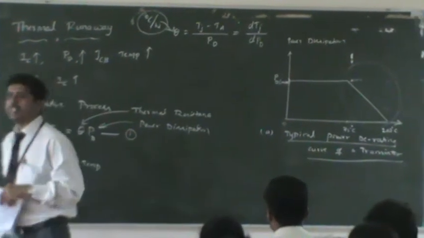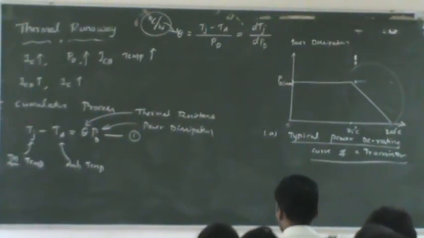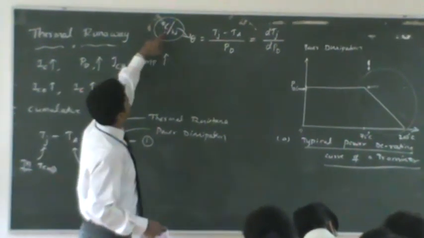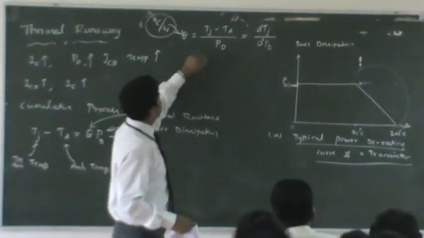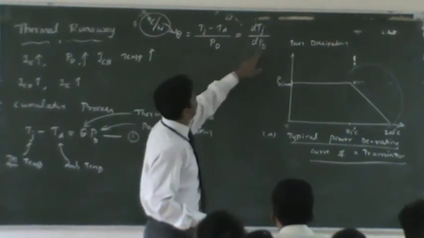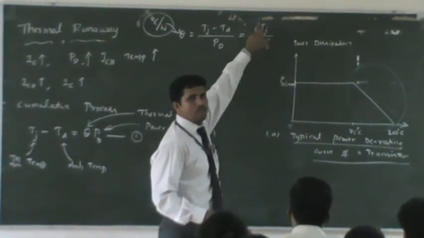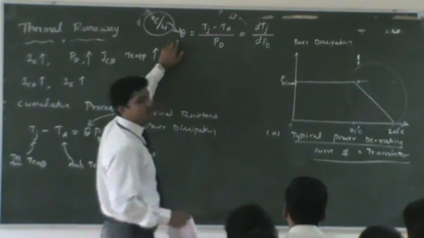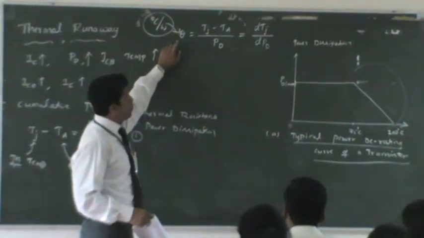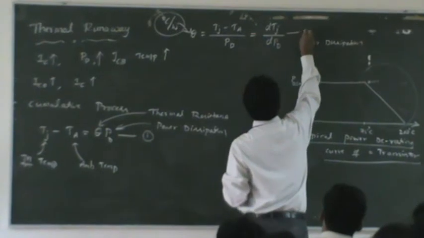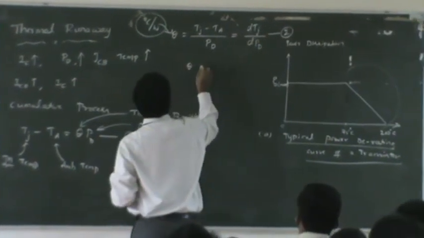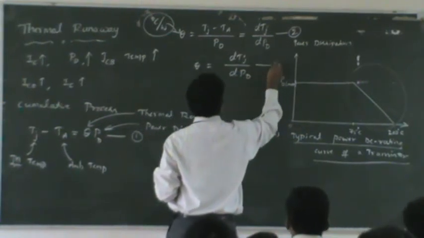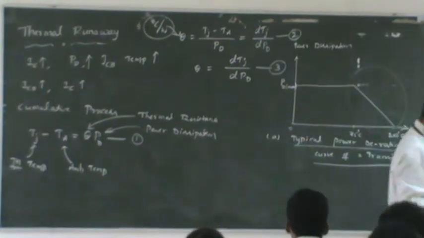A small transistor we can write it in terms of milliwatt, degree Celsius per milliwatt. That's going to be the unit. But for large transistor, the unit is degree Celsius per watt. And this thermal resistance is proportional to the rate of change of power dissipation with junction temperature. When junction temperature changes with power dissipation, obviously the thermal resistance is also perturbed. So let us call this equation number 2. Indirectly, I will call this one as theta is equal to dTj by dPd at equation 3. Any questions so far?